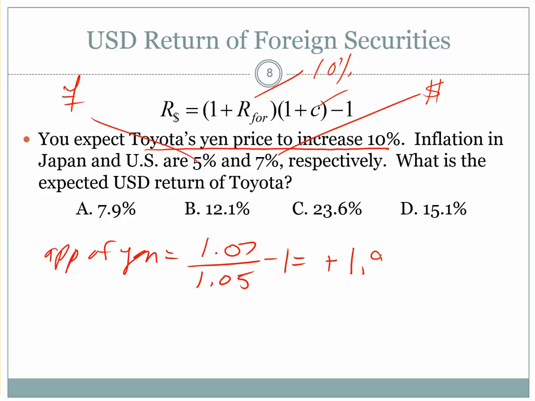by 1.9048%. And we could make an approximation, right? You know here that Japan has 5% lower inflation, so I can just assume that they're roughly going to appreciate by about 2%. And if I take that 2% appreciation of the yen plus my 10% appreciation of the stock price in yen, I get about a 12% return in the security, which does give you the right answer, but let's do it